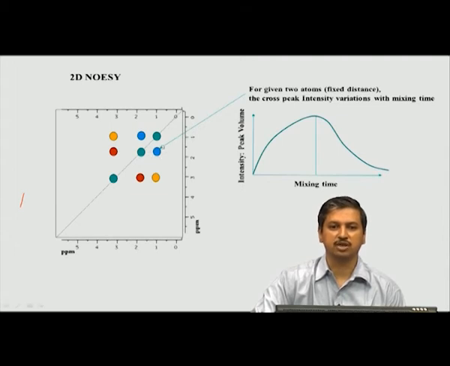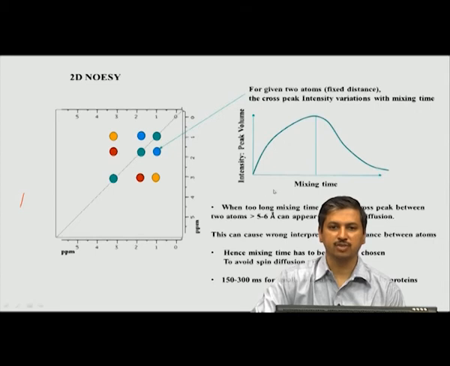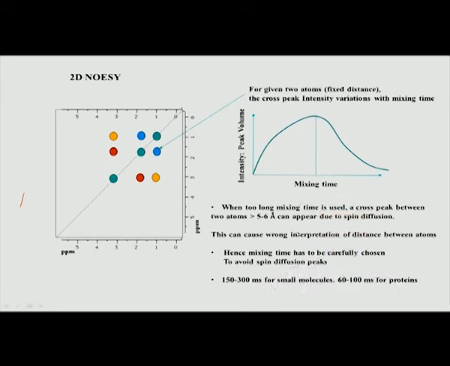So, if my intensity is not correct, my distance information will also not be correct. And why will the intensity not be correct? Because if I increase the mixing time beyond some duration, the intensity starts dropping. So, the drop in intensity is the reverse of here. Therefore, typically we have to restrict our mixing time within this limit. And what is this limit? This is what we will see next. The limit is typically a few hundreds of milliseconds.